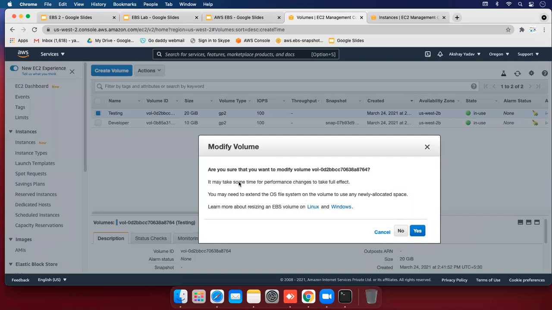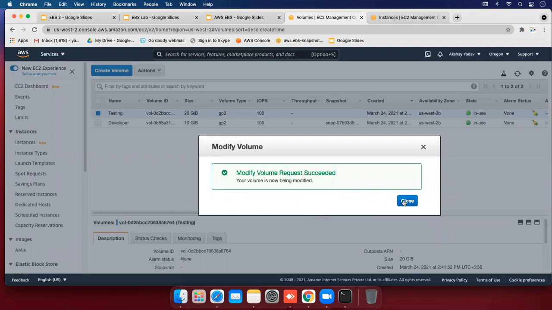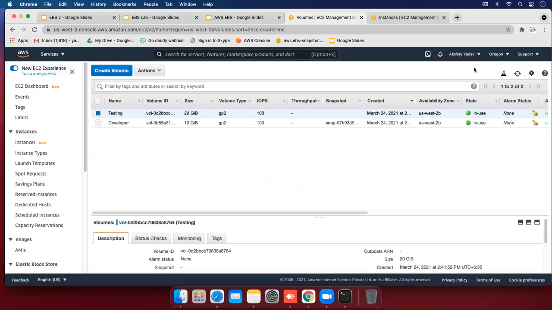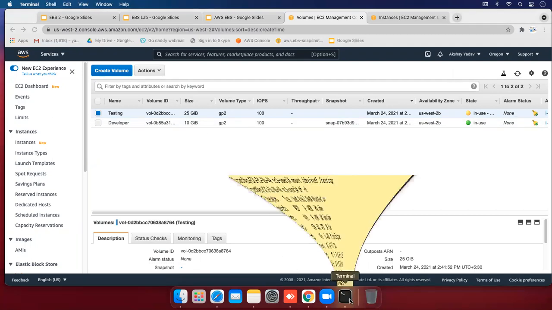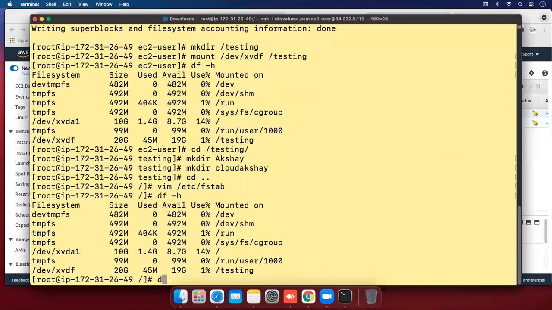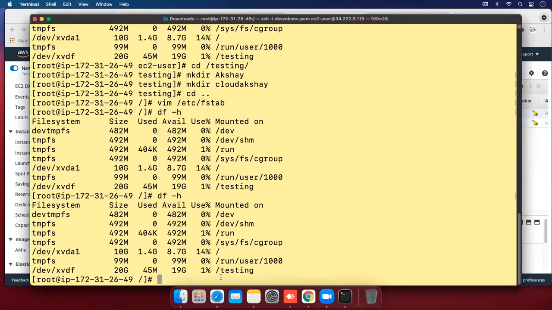Yes, it may take some time for the performance change to take full effect. So click on Yes. Modify volume request succeeded. Let's refresh this tab once again, and it's 25 GB. Let's go back to the terminal and check it here. df -h. So it is still the same 20 GB.